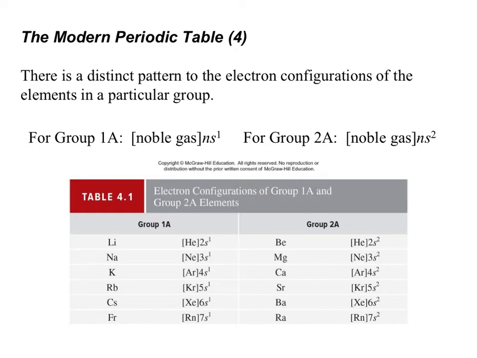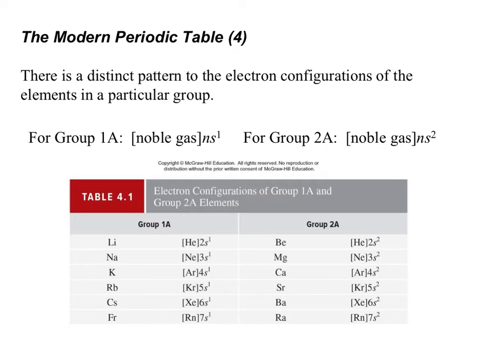So for example, group 1A has a noble gas core and then an ns1 electron, n being the principal quantum number, whilst group 2A has a noble gas core and ns2, as in 2 electrons in the s orbitals, n being the quantum number. Examples in table 4, which see group 1A being lithium through francium. We just see the noble gas core that corresponds to it, such as helium for lithium, and then 2s1. Potassium, argon core, 4s1. Notice that they are all s1.